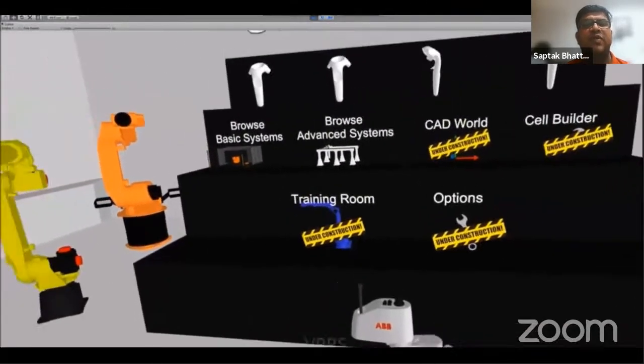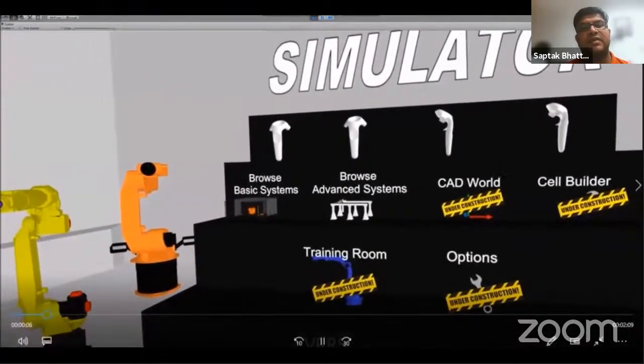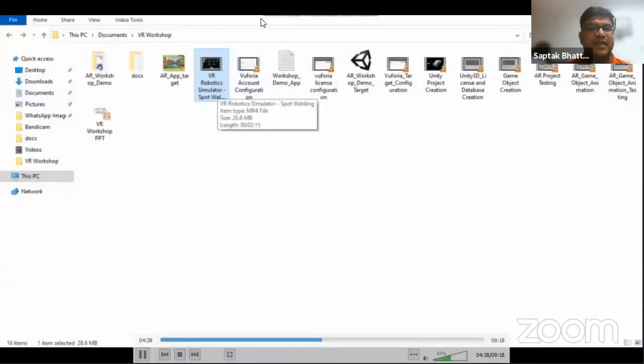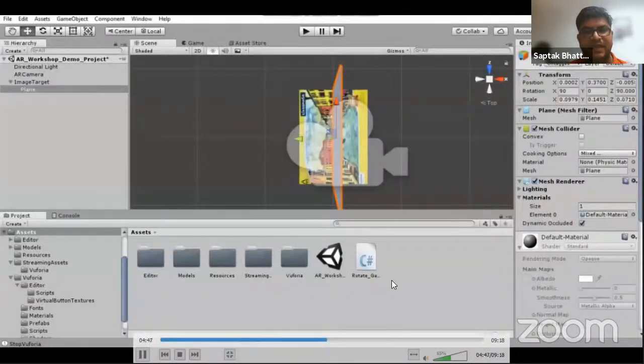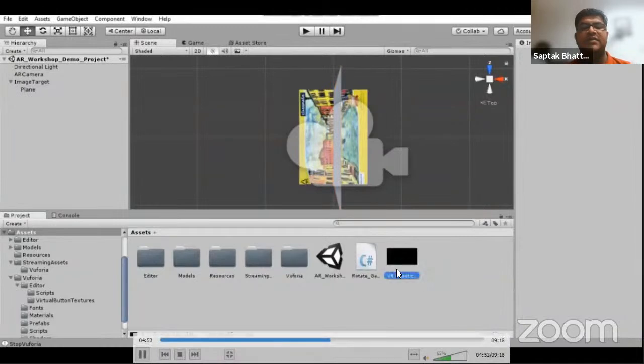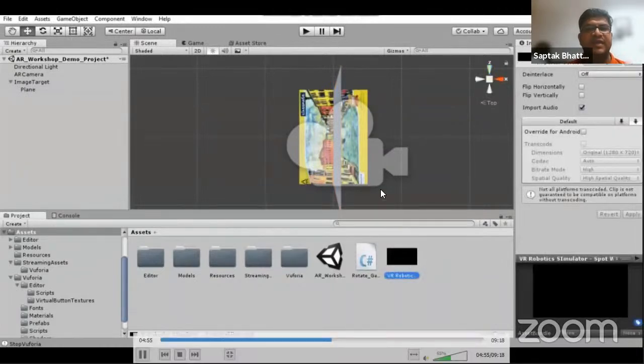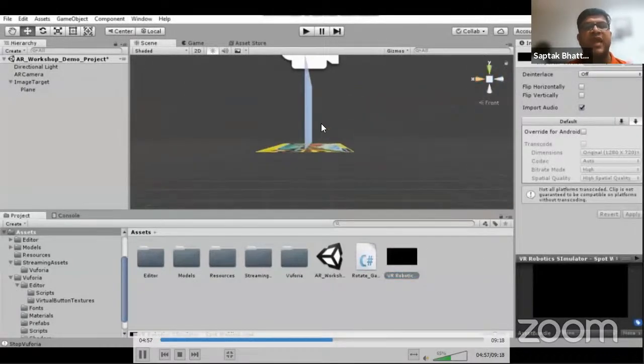This is the video I want to play when the AR marker is detected. This is VR robotics simulator spot welding. So I will just select it, I will drag it, I will place it under the assets folder of this particular project. So once the video is placed, next what we have to do, we have to add a video